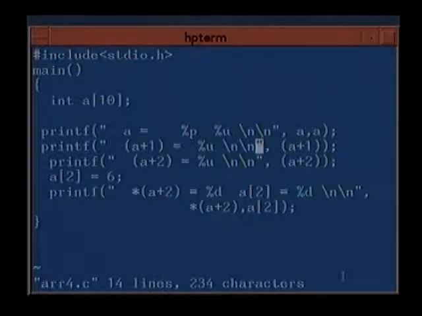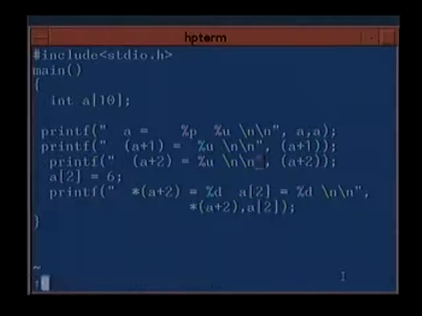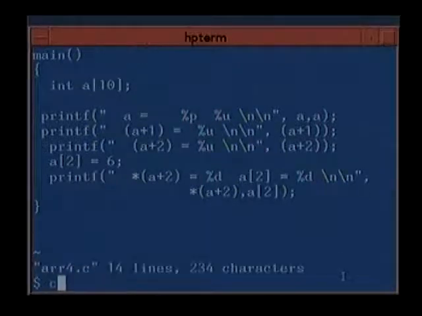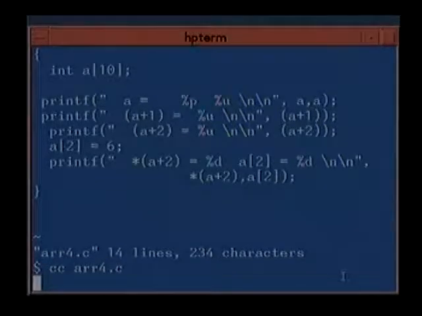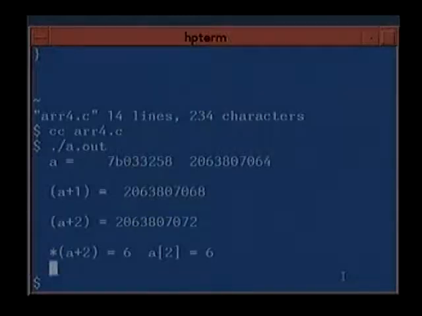And you will also be able to see from the difference between A and A plus 1 and A plus 2 what is the number of bytes allocated for an integer. So A, the system allocated it to the location 7B033258, which is the hexadecimal value.